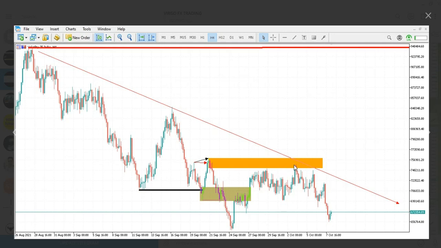So what do we do when price gets here? We do the same thing over and over. We sell when it comes to our point of interest, and here you sell with confidence. Here you're 100% sure that it is going to sell. Why are you 100% sure? Simply because the overall trend is bearish. This arrow here indicates that the overall move is bearish.